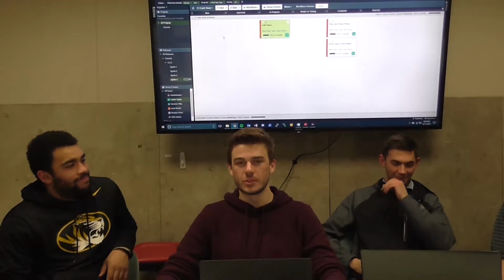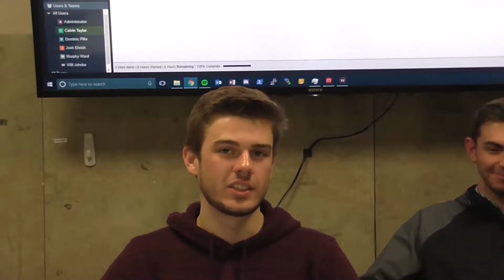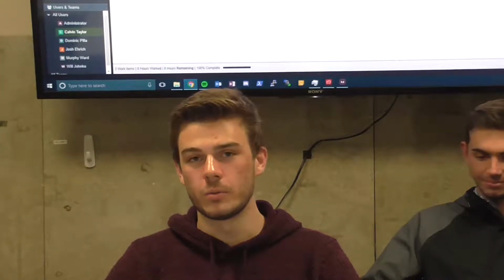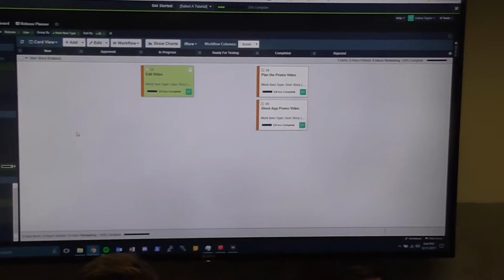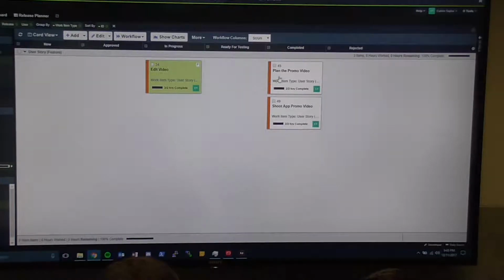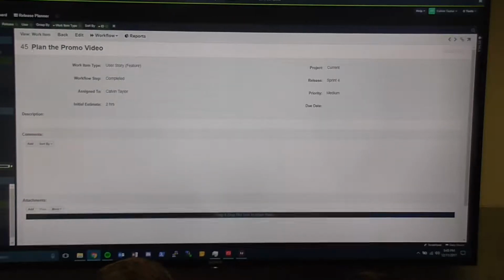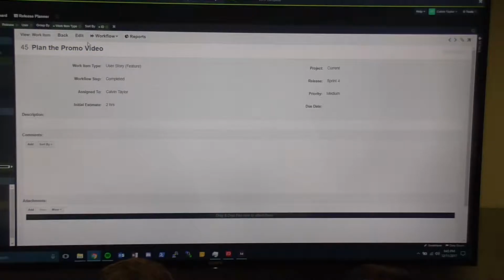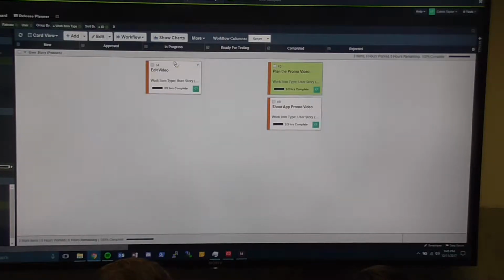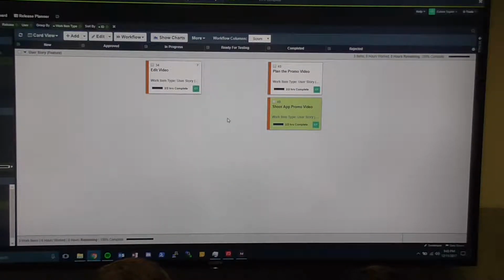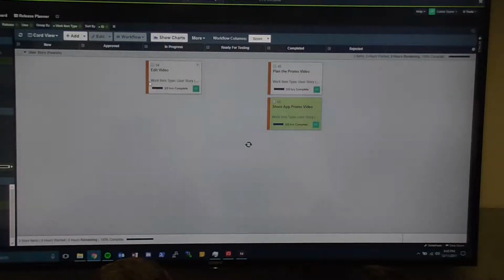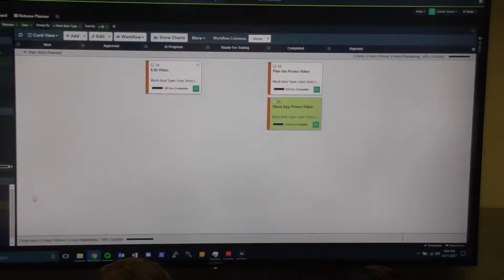For Sprint 4, this was our finalization of development and our planning, shooting and editing stage for the final presentation video and promo video. To start out, we got Calvin Taylor. Yep, so I planned out where and what was going to happen in the promo video. We decided to shoot it in Laffrey and amongst the library and the stairwell. You will see that montage coming up. And edited it in a separate sprint. Edited that little promo piece in Adobe Premiere. And that's about it for that one.